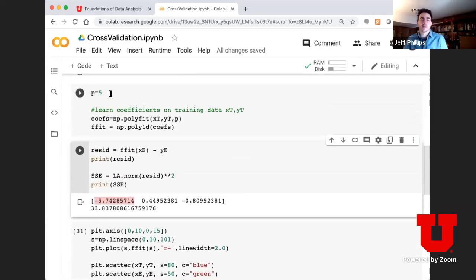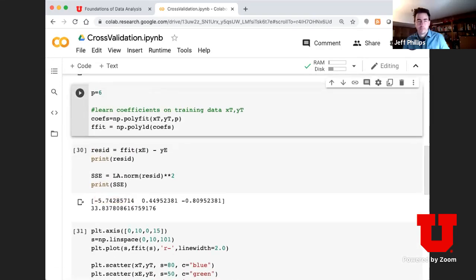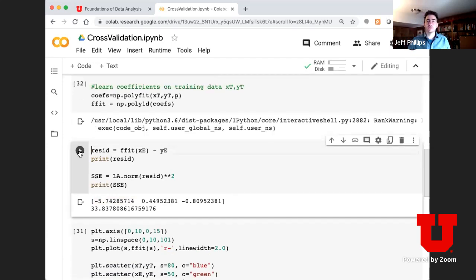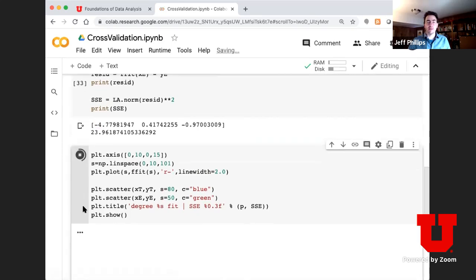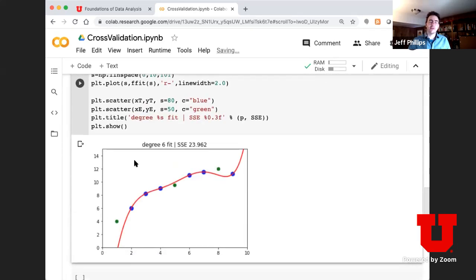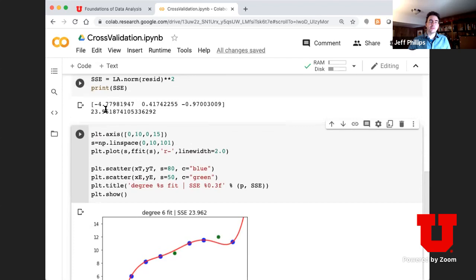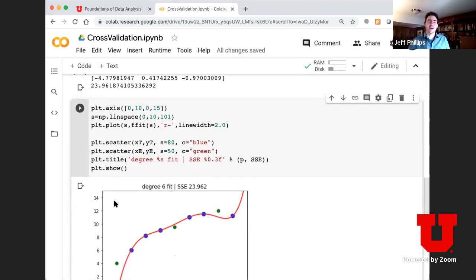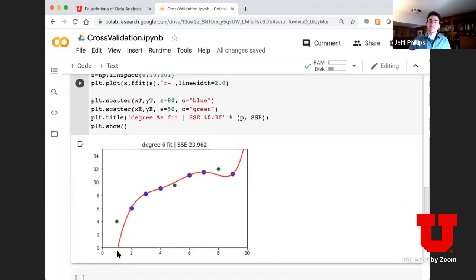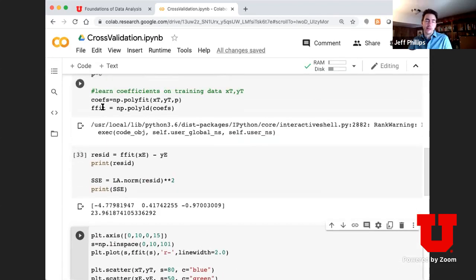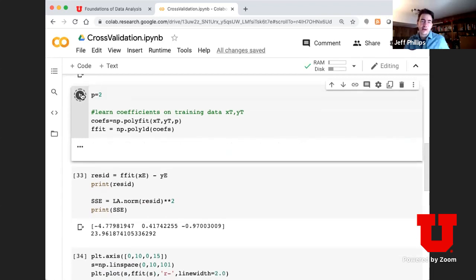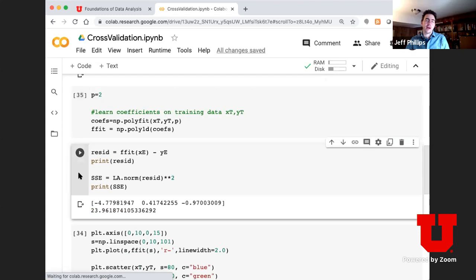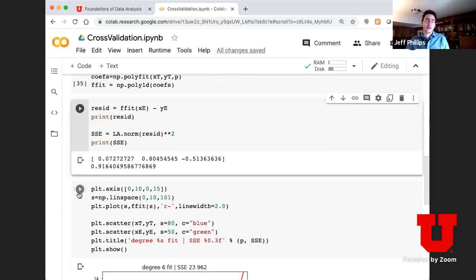Let's see if I can go up to 6 here. Oh, it says there's some warning from rank. I tried to invert something maybe that I shouldn't have. And look, I fit a model. It's actually slightly better somehow, but it's still bad. So I can train these different models and evaluate them on this test set, and this is part of the training. I would say degree 2 is the best. This has my smallest error, and it's the simplest model.